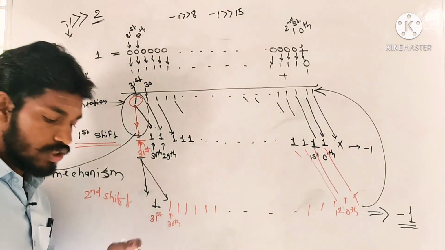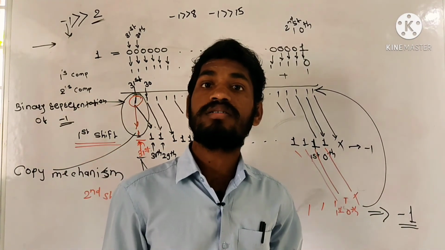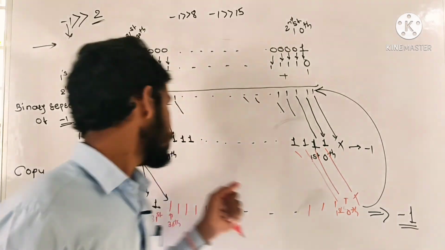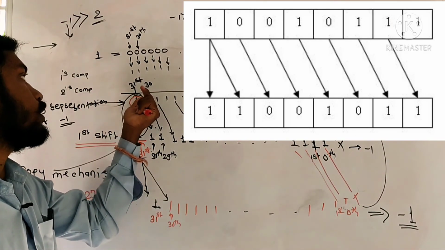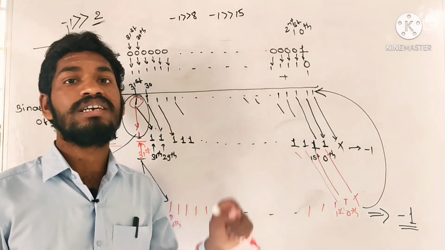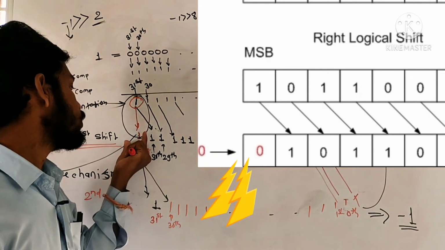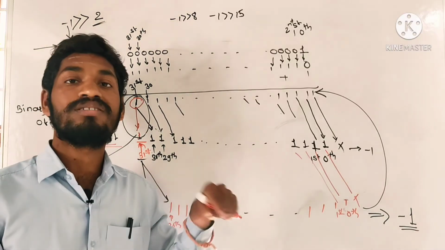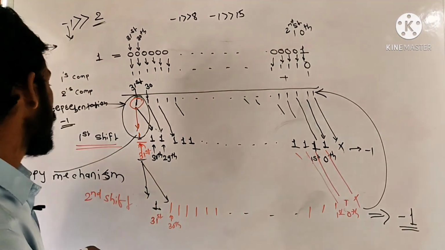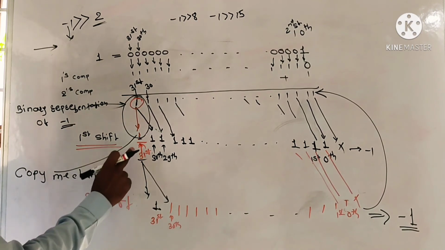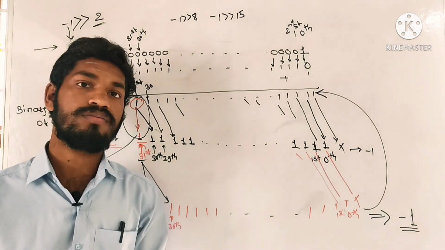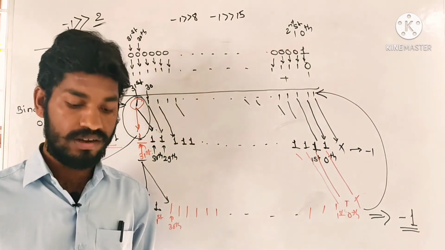In this video I covered whether right shifting operations follow the arithmetical shift or the logical shift. Arithmetical shift means the 31st bit will be copied to the 31st bit of the result. Logical shift means instead of copying the 31st bit, we simply put a 0 in that 31st bit. So the result will vary. In this video I covered the copy mechanism, the 31st bit, and how to solve questions on right shifting operators.